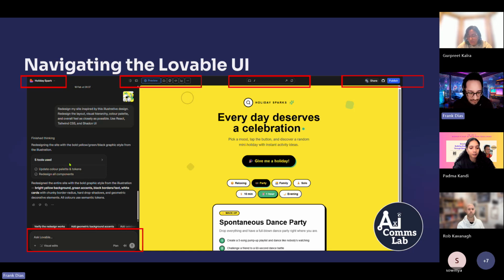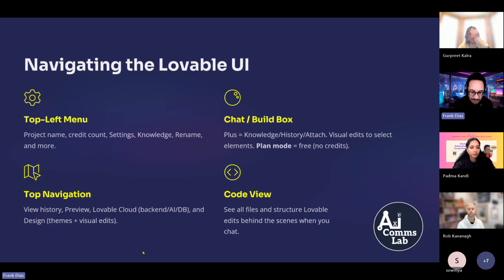And then next to that is the sort of, you can chat with it rather than type with it icon, that sort of wave format there, and then the arrows just to submit. So that's just a very quick whistle stop tour of the UI of Lovable for you. And again, this is just a very simple breakdown around the top left menu, the chat build box and that plan mode, free, no credits taken. The top navigation, I forgot to mention, you have a view history so that you can always go back in time if something you did made a very big mistake. So you've got a really good viewing history that allows you to go back to a version previously. There's also something called Lovable Cloud.